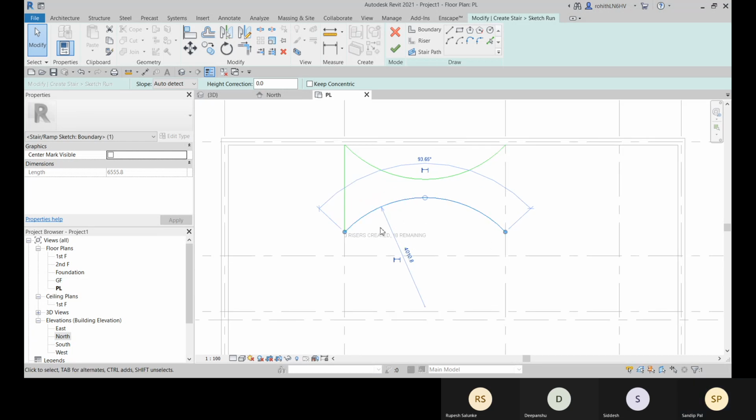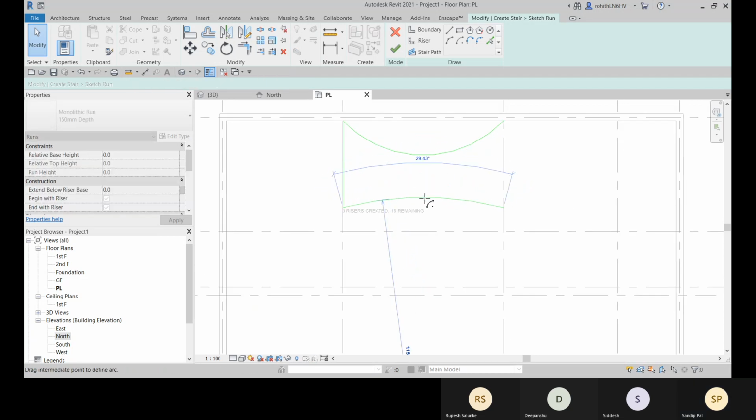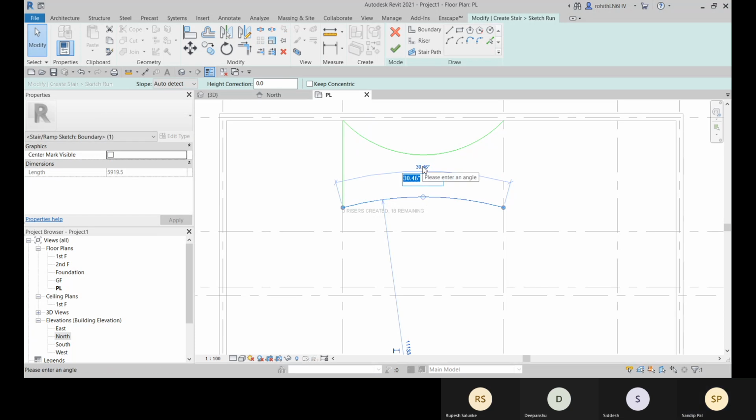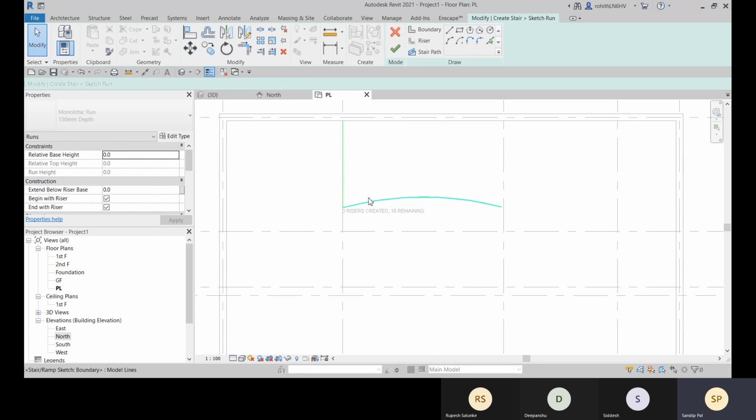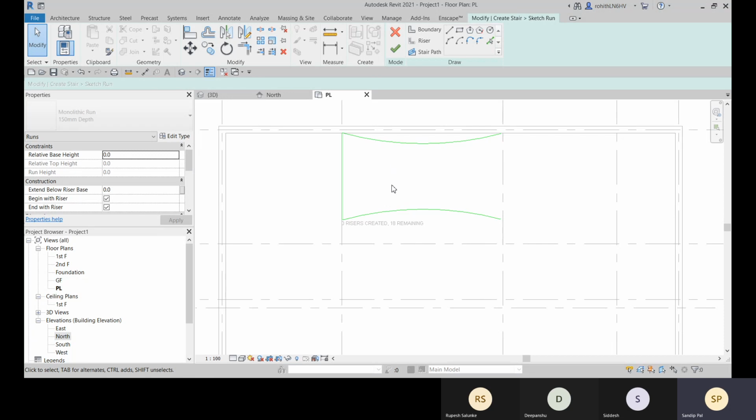Here you can see. And if you need any more distance or the stair curve is different, then you can provide it, like T. So here also you can provide 30. Okay, let me mirror this again, select it and go for this mirror, draw axis on this midpoint. And this is going to be the stair.